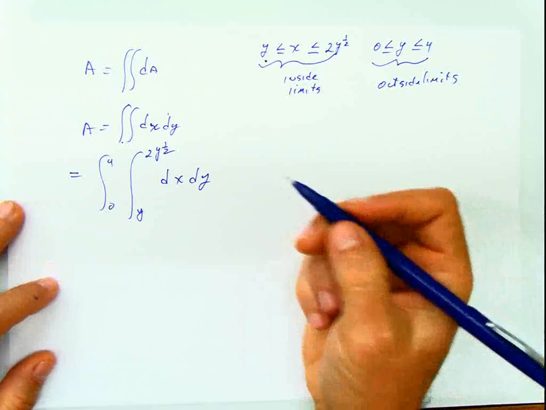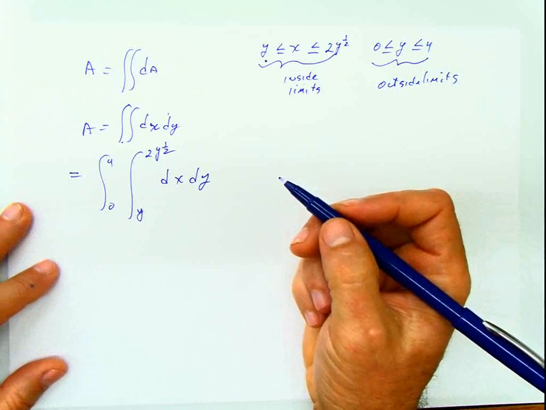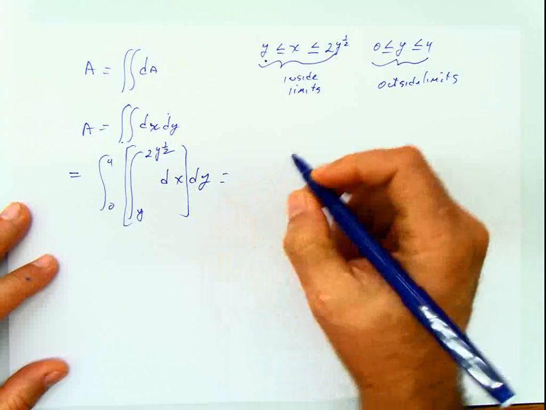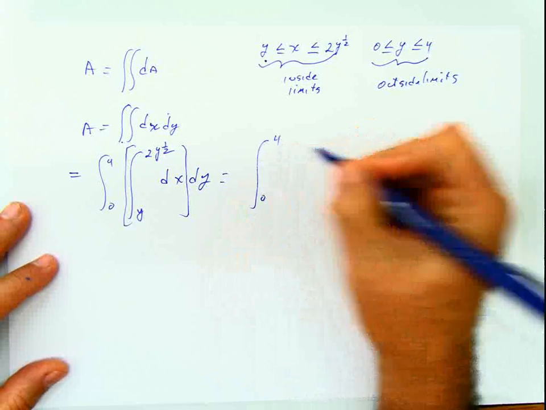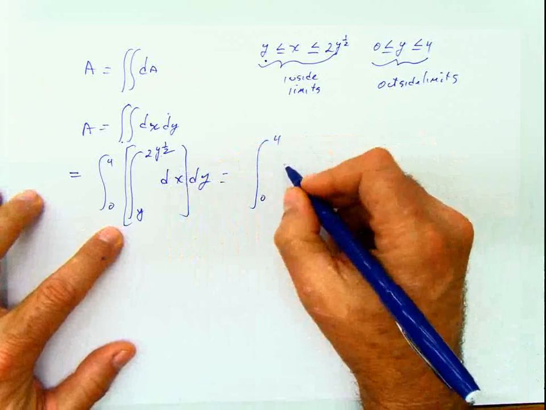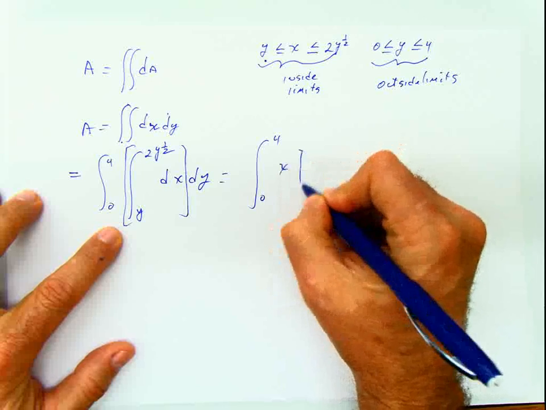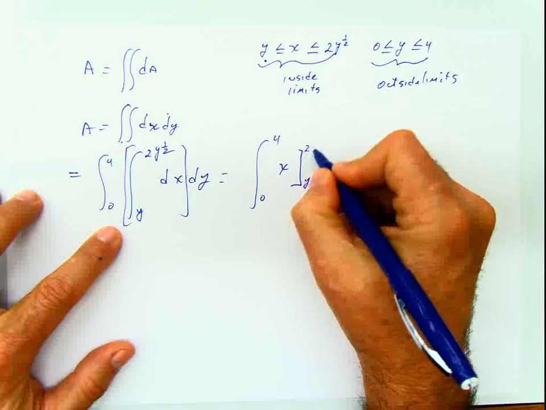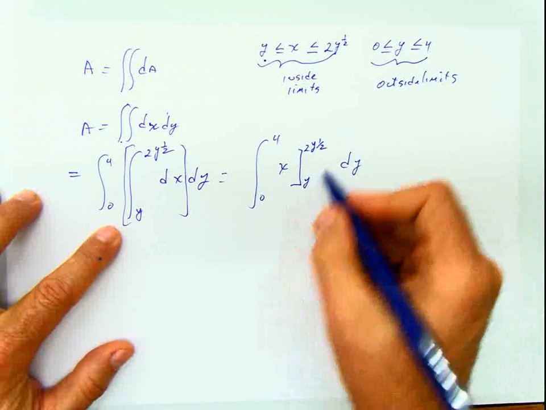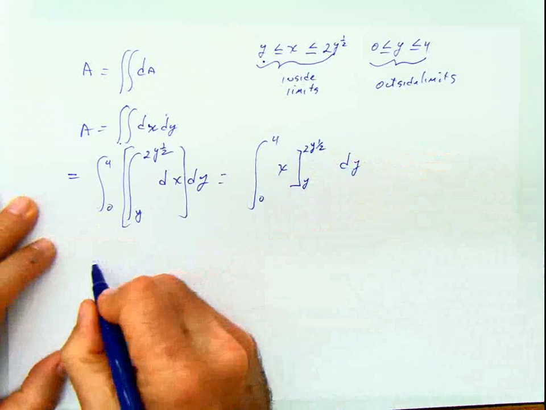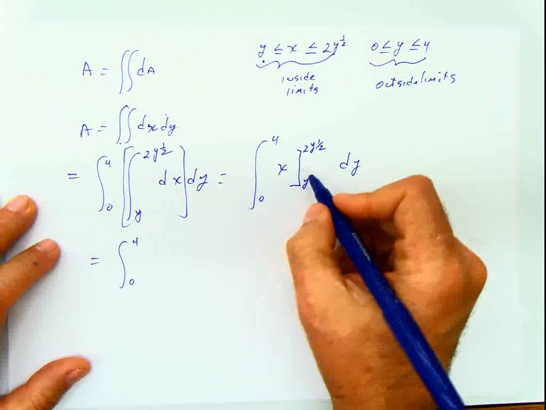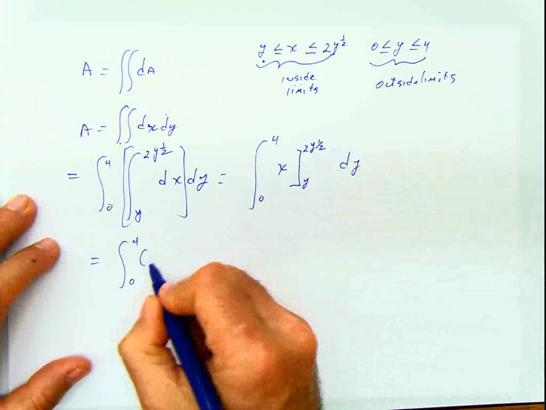The way you solve this, you know this better than I do actually, because you first solve this integral. When you solve that integral, basically you keep the outside integral the same, and the integral of dx is x. So this is going to be x, evaluated between y and 2y to the 1/2, times dy. When you solve this, you are going to have the integral from 0 to 4 of this minus this